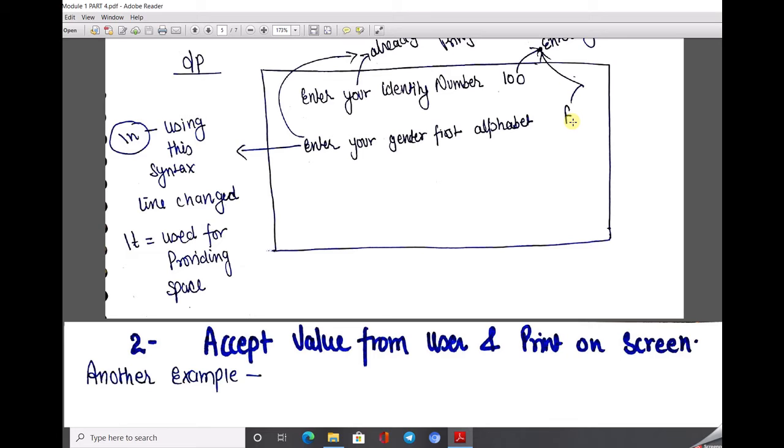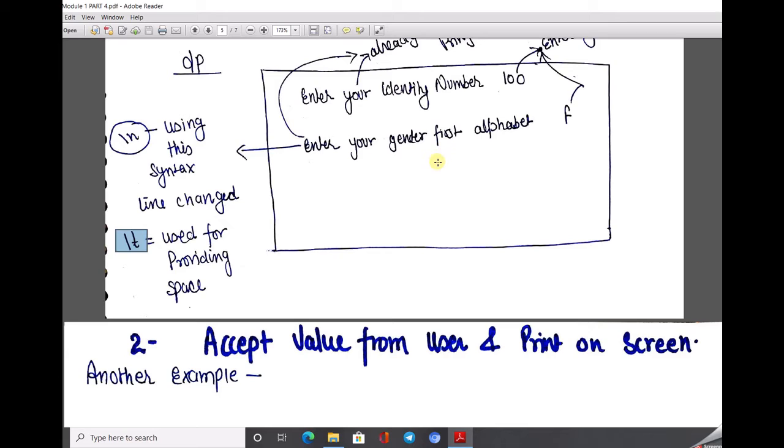Similarly, if the user wants to enter another data, we can also write printf again, insert your third choice. So here also we can use the \n, the new line. If we don't use it, like if I use \t, then what is happening here?